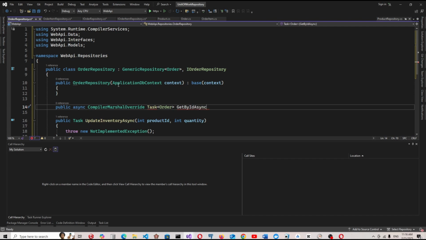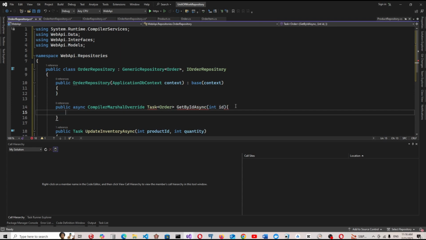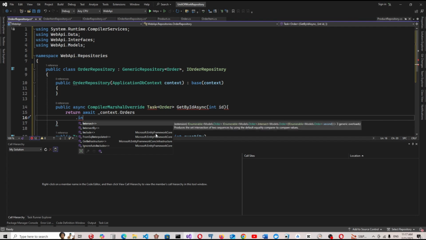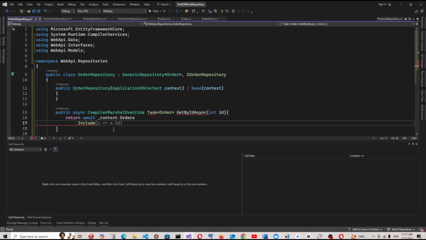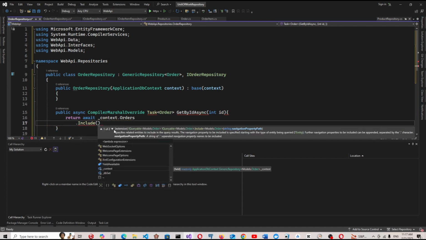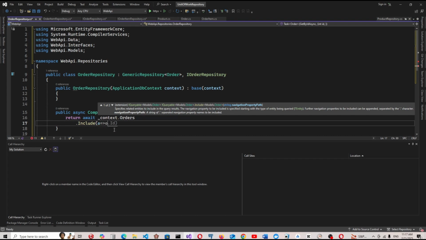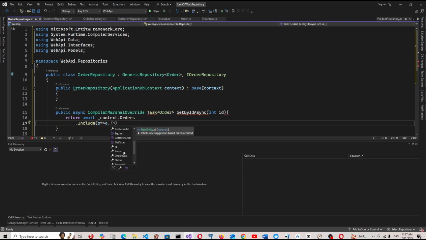This get async, which has parameter of ID, and in this we say we return that context orders, and this will be include which say order goes to order dot items, right? And